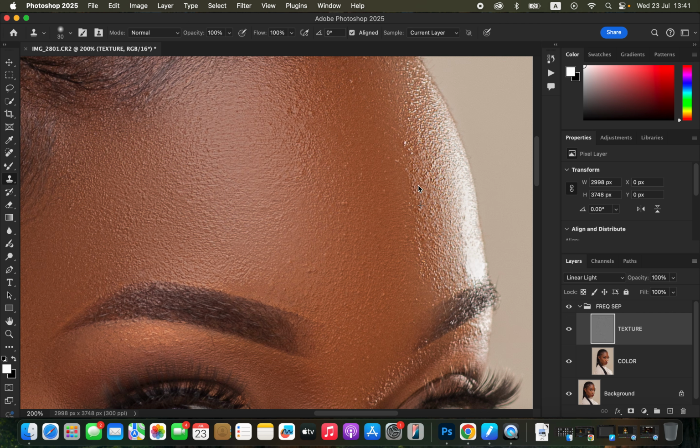So for these kinds of beauty images or beauty portraits, you really have to get everything done perfectly, because some people online really have that tendency of pixel peeping and zooming all the way in. So take your time as you are doing this, because at the end of the day you want very nice, beautiful and perfect results